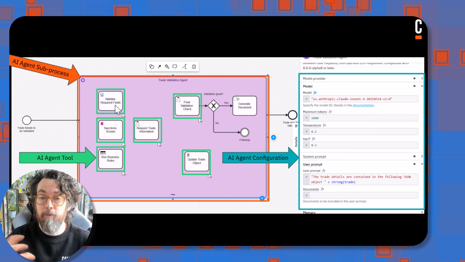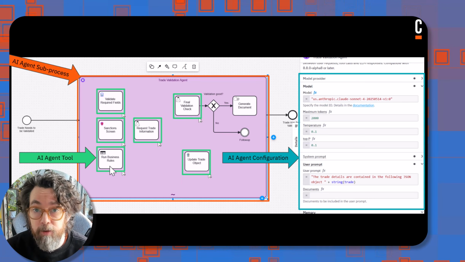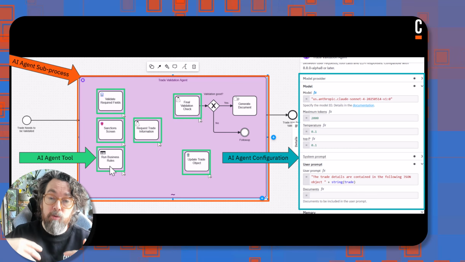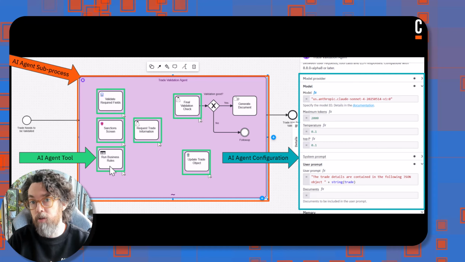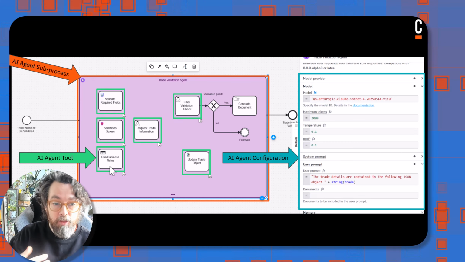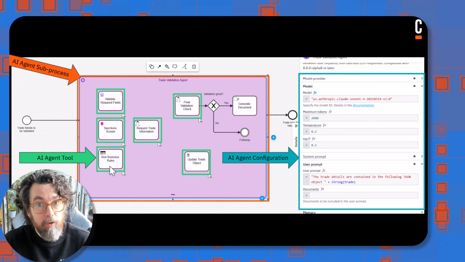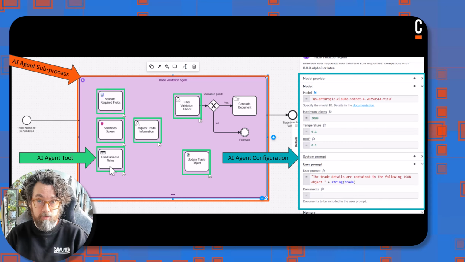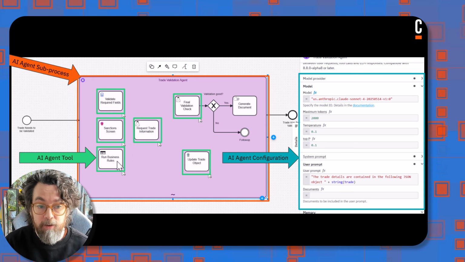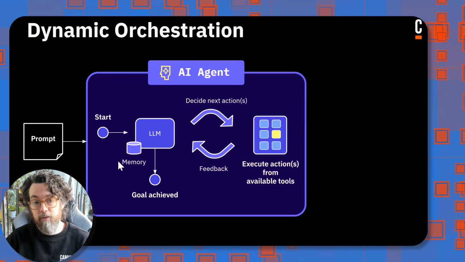You add the tool, configure it like you normally would. If it's a business rules task, for instance, you would attach a rules engine. You tell the agent in natural language, you would type in, this is a tool that you use if you want to check some business rules, and then you define what the input looks like. The input might require the agent to create some data, or it might require you to take data from the current context. Either way, you configure the task in that way, and then at runtime, the way that works is